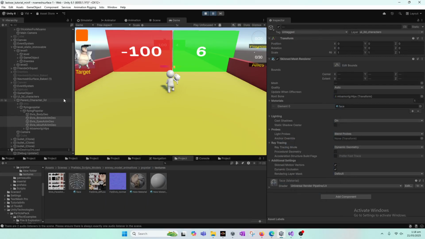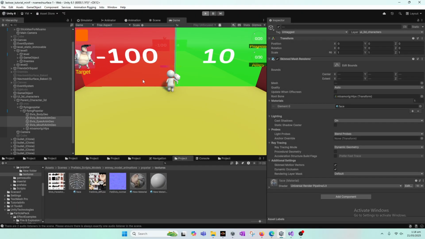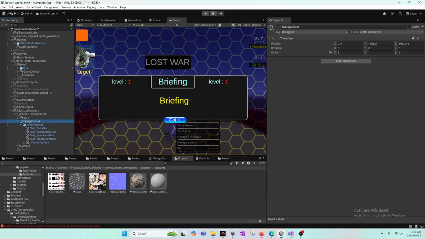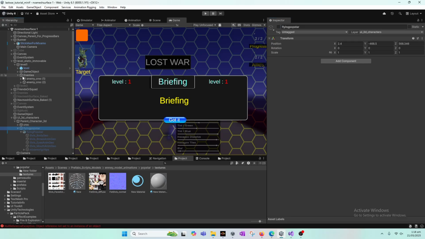Alright, so let's make this character an enemy. To do this, simply go back to your game, and the first thing we'll do is uncheck this, so level 1 shows up for now. Then save the scene, and now you simply go to the level 1 inside enemy